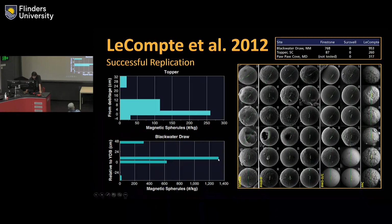And they also found very abundant spherules at Blackwater Draw, another site, and these are some of this. These are the sum total between all 3 papers of spherules they found. And these are SEM micrograph images of some of the ones they found. Now, Lecomte et al. identify 5 potential errors made by Surovell